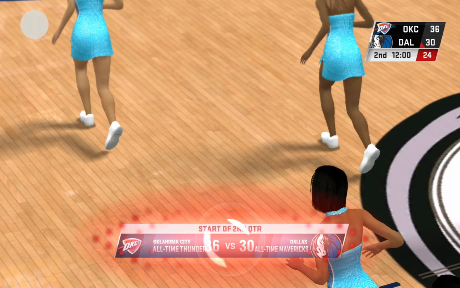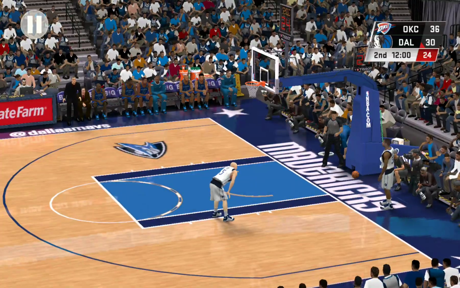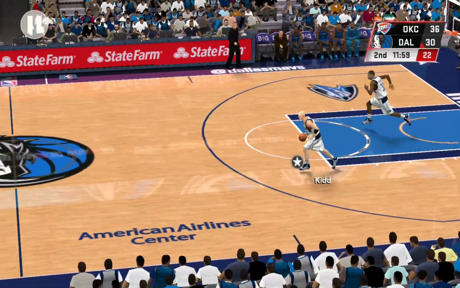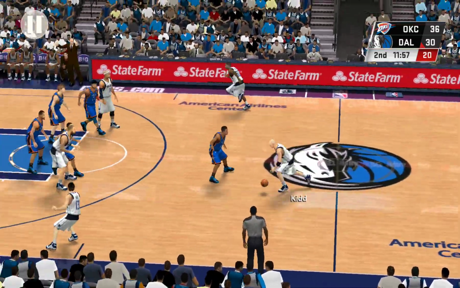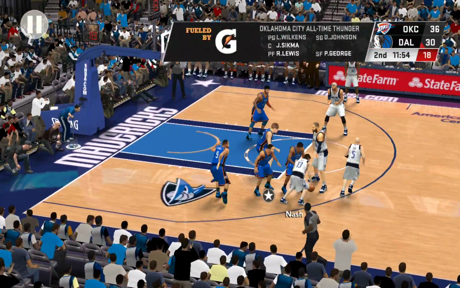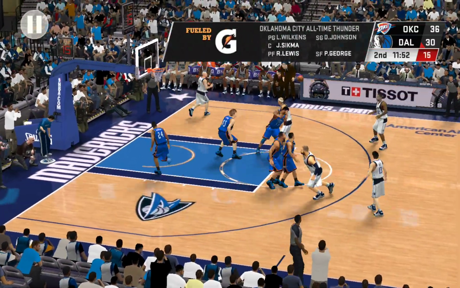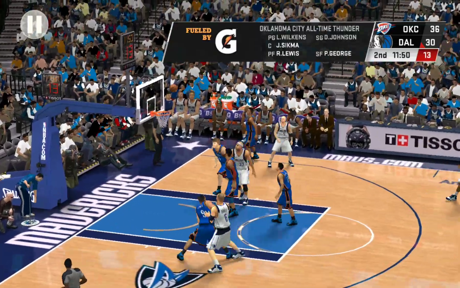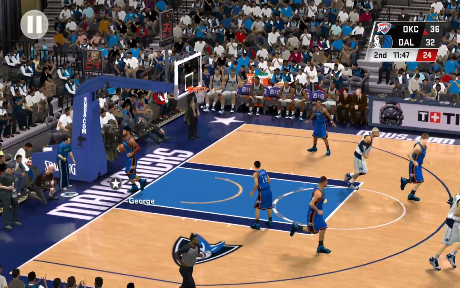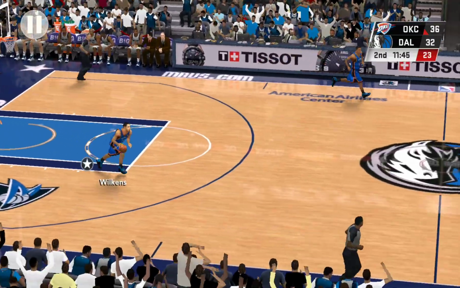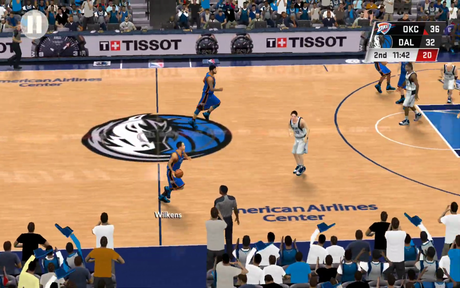Thunder out in front. And the first quarter is in the books. Second about ready to get underway. And for the Thunder guys, what stands out to you so far? There's the pick. Back to Kidd. Cans the shot from the wing. Superb assist there. He played the role of the maestro on that one.